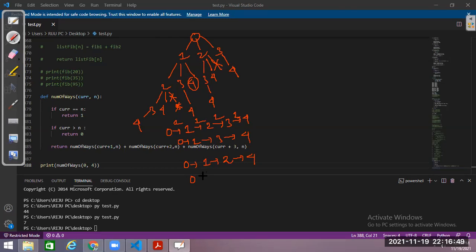Now next, what are the other paths that I have taken? From 0 I have gone to 1, then I have gone to 4 directly, right? Next, from 0 I have gone to 2, I have gone to 3, I have gone to 4 then. From 0 I have gone to 2. Now from 2 I have gone to 4, and from 0 I can go to 3, and I can go to 4 from here, right? Directly we can do these things. So how many paths are there? 0, 1, 2, 3, 4, 5, 6, 7. So exactly 7 paths we have printed.